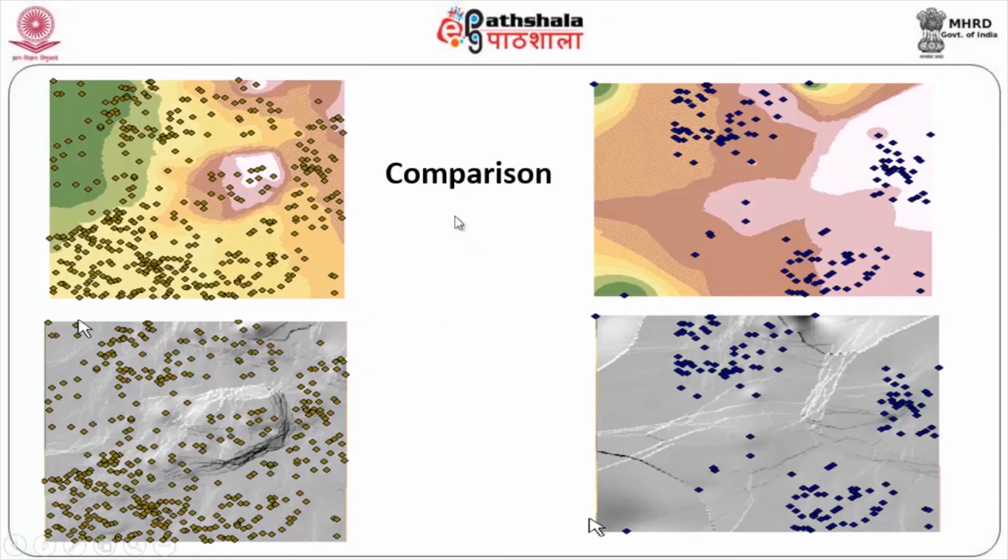You have two different methods, one is a skewed method, one is an unskewed method. So, when you have the unskewed method, you can see how the values are better. When you have the skewed method, it becomes relatively poor. This is a better method, this is a relatively poor method. So, this is how we normally work with, say, your IDW method.